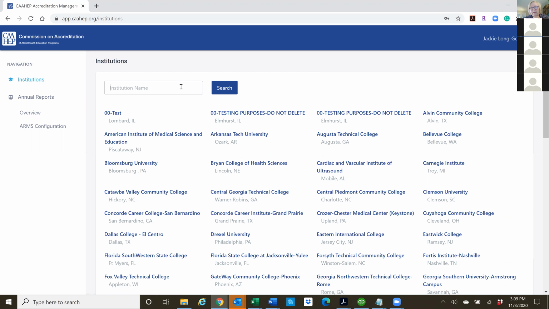And if you were at a college where you're the program director for adult echo, but your colleague Joe is the program director for invasive, then you will be attached to the adult echo and Joe will be attached to the invasive. So that would be the only system where, if you've got somebody who does your report for you and enters your data, they would absolutely need to log in as that person, as that program director. And you are going to have to work that out. That's not the case, so we're fine.